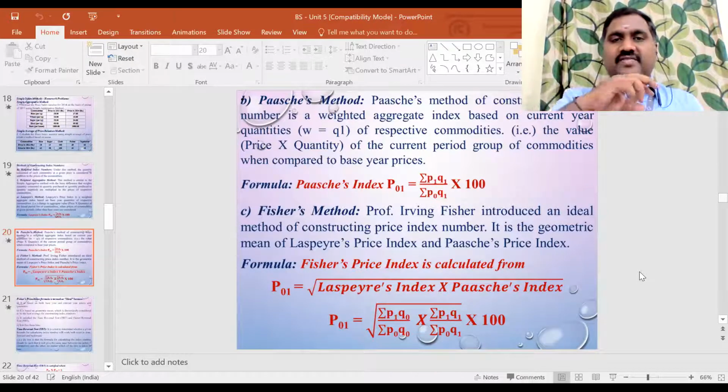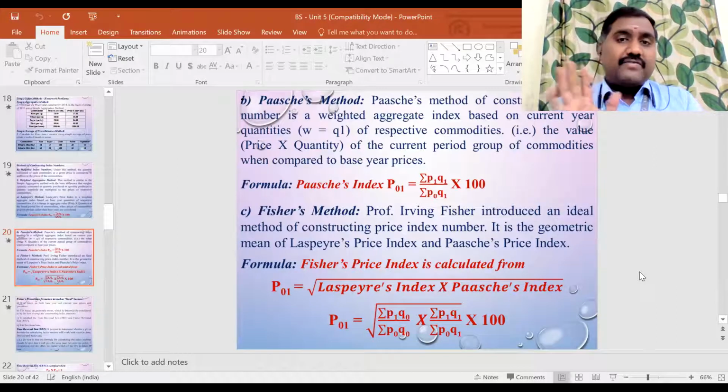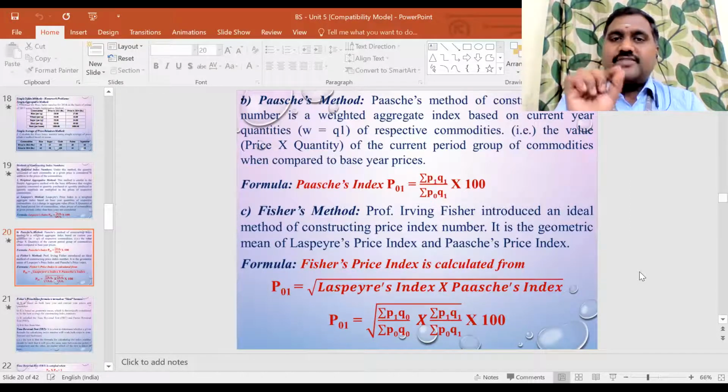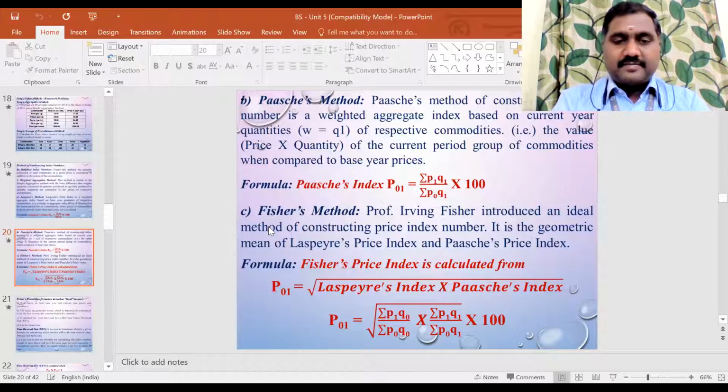According to that, see what values are given for the particular year. The price value for the base year will be P0. Price value for the current year will be P1. Similarly, quantity for the base year will be Q0, and quantity for the current year will be Q1. If you remember these terms, it is very easy to solve problems under the index method. Don't get confused. P is for price, Q is for quantity. If you put 0 in the suffix, it is for the base year. If you put 1, it is for the current year. Please remember this. Any doubts after this? Shall we move on to the next method? Guys, please kindly reply.